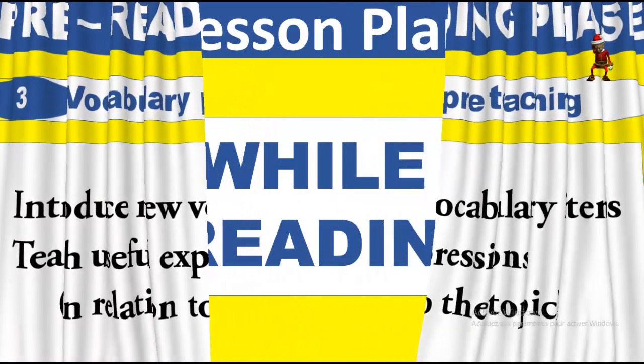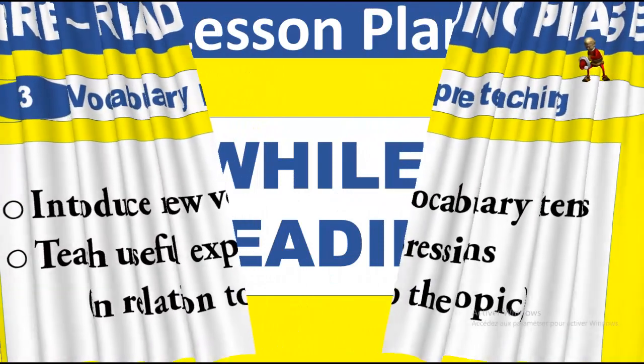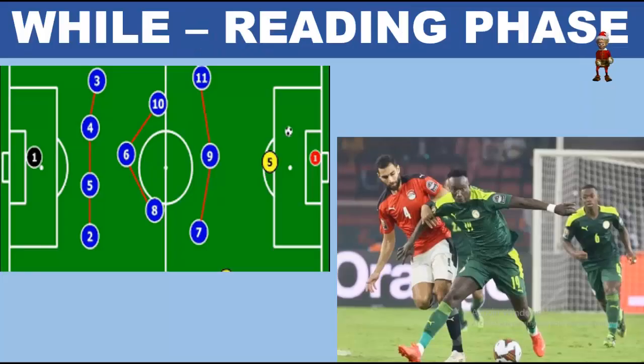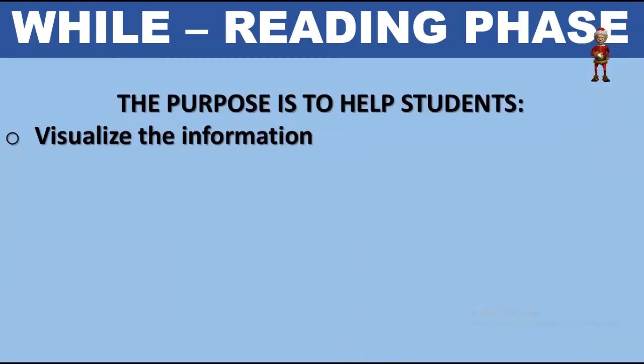Now, number 2, while reading. When you start reading, it is the while reading. You have also to find strategies, like in football. Football players and football coaches find the right strategies to win a game. So teachers also have to find strategies and methods to make students understand a text. The purpose is to help students visualize the information,